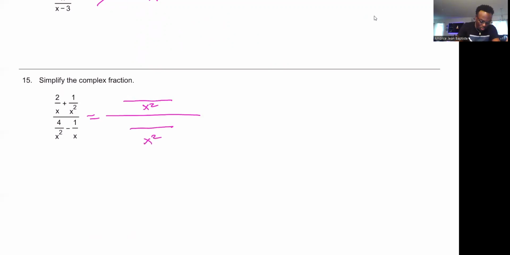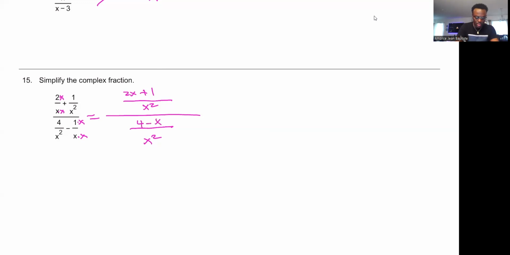Now we know that we need to multiply this one by x to get an x squared. So if we do it in the denominator, we need it in the numerator as well. So that's 2x plus 1. Same thing here. We multiply by x in the denominator to get x squared, and this needed to be done on top. So 1x. So that's 4